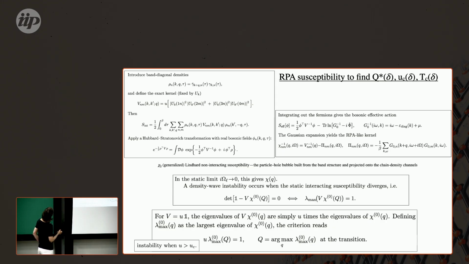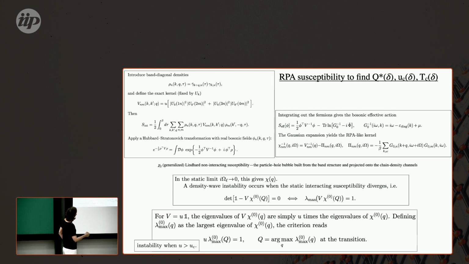So usually for doing that, one considers only band diagonal densities. So the n here in this band operator and here are the same. This is why this is diagonal. We can define exactly the kernel because we know the eigenvectors of the non-interacting system. So the kernel is defined in terms of these eigenvectors. And then again, the interacting action, apply the Hubbard-Stratonovich transformation and the saddle point,